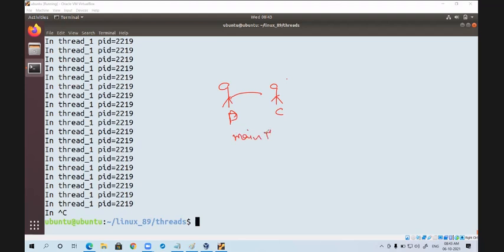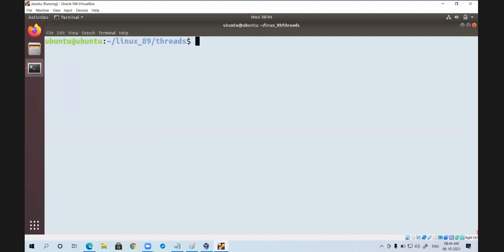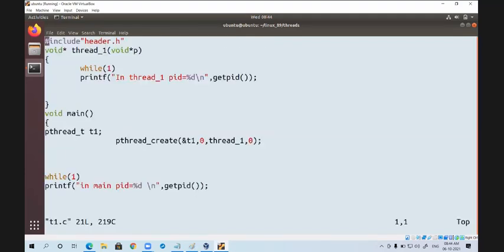Main thread is creating a subthread. Again, in this thread management, there is no parent and child relation, only main thread and subthread. All of you are getting the point? Now here, which thread is created by which thread?